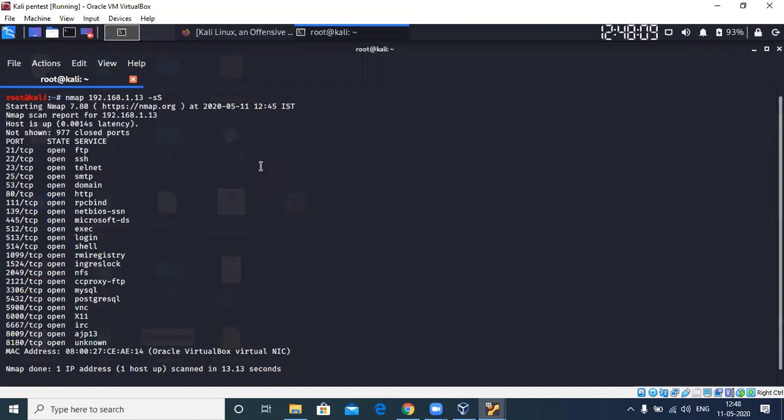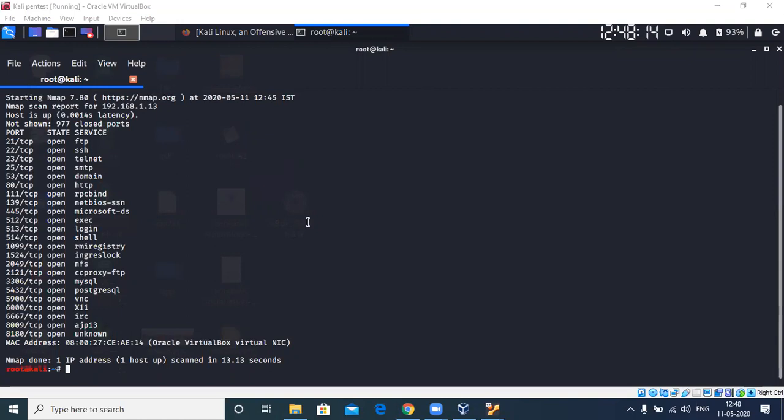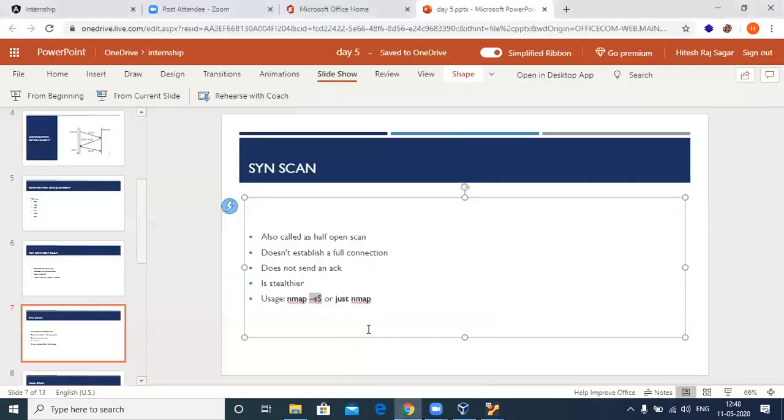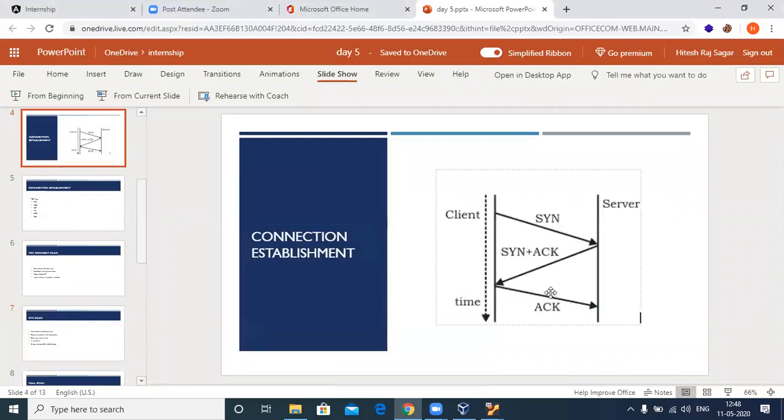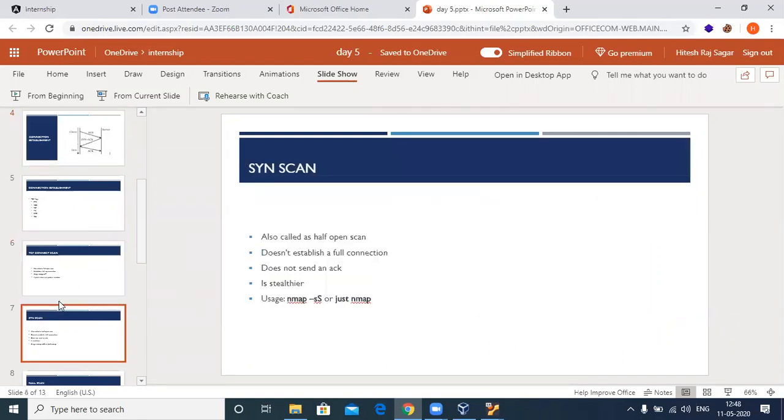Going further, we'll also learn about another scan that will run on only the top 100 ports. That is a different thing. So this is about SYN scan. And to repeat, how is Nmap actually detecting that a particular port is up in a SYN scan? It is the same as a TCP scan. It will receive a SYN-ACK if the port is open, and it will receive an RST if the port is closed. The only difference is you're not actually sending any acknowledgement. Okay. Any doubts up till now? Can we move further?